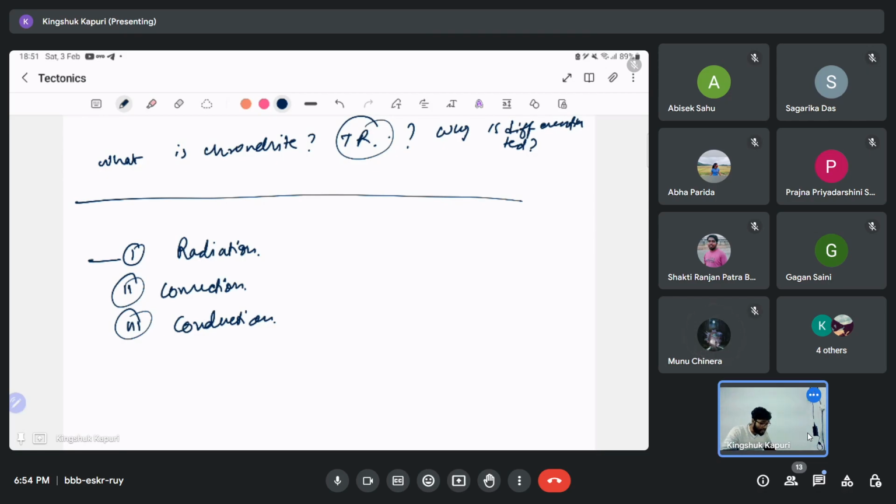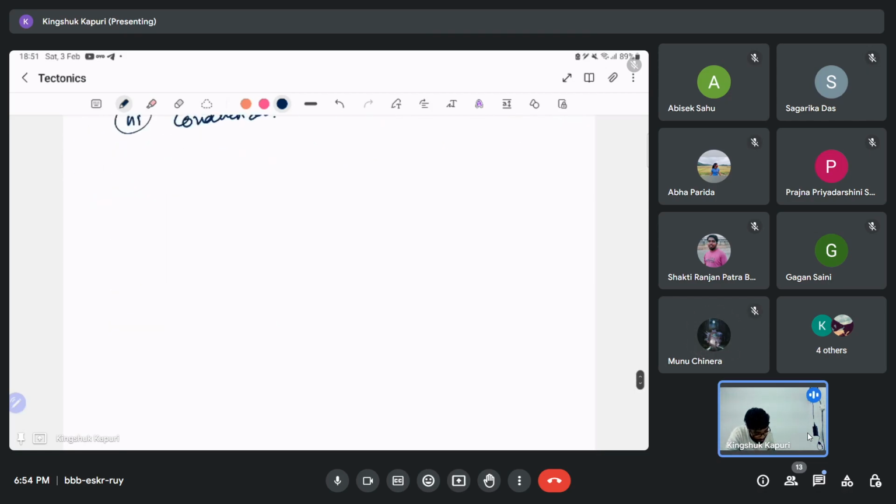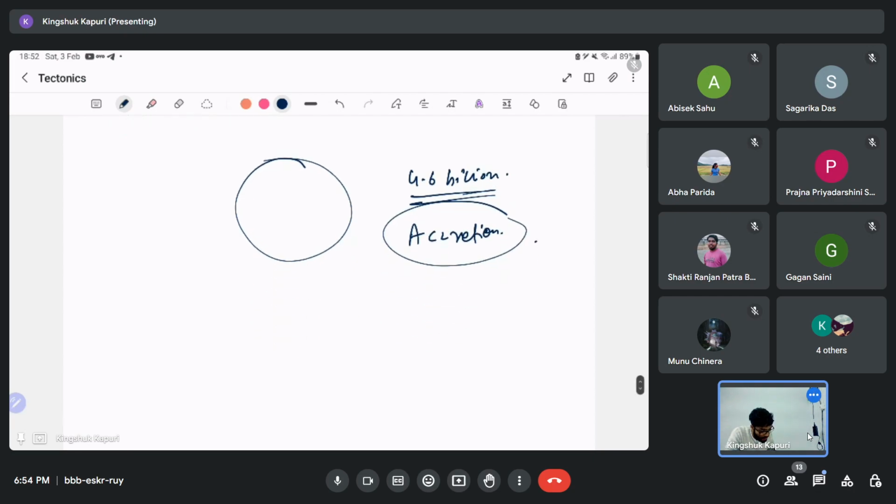Yes, sir. Now here comes the concept that when the earth was first created at some point in geological time, let's say 4.6 billion years ago, it was created by the process of accretion. And because of accretion, the particles were trying to stick with one another. So what happened then? There was heat energy due to this collision, and that very heat energy has been concentrated in the core of the earth also,